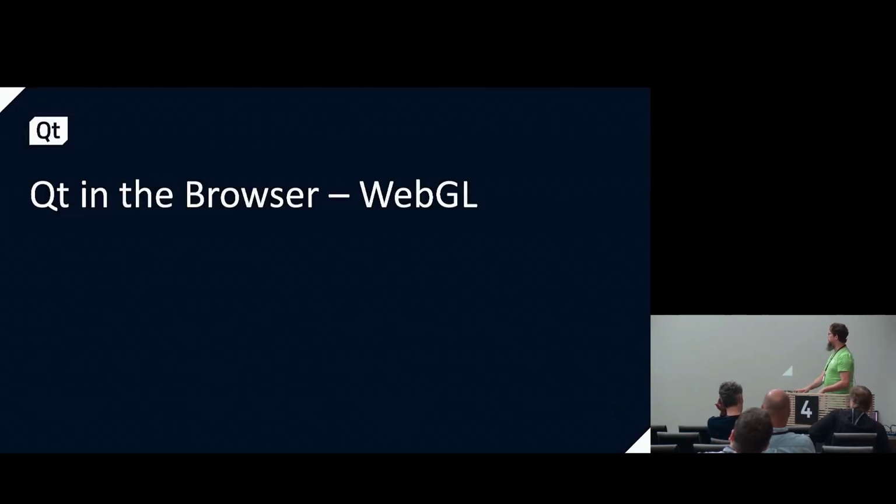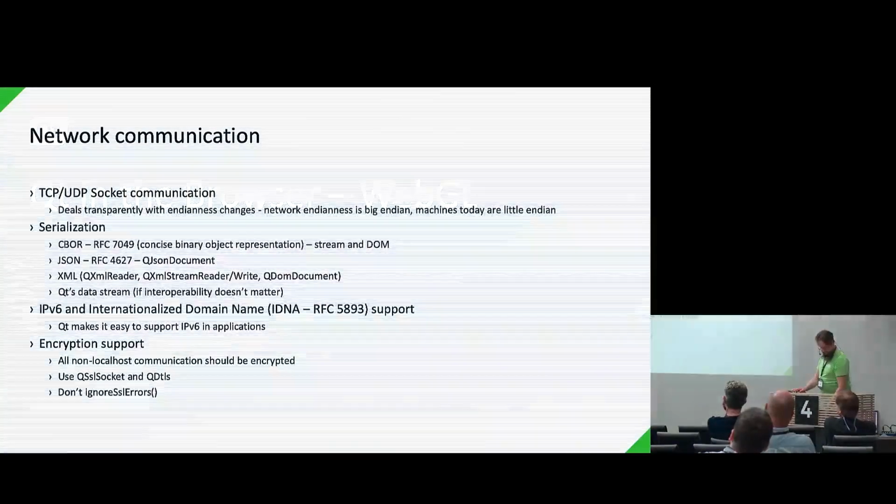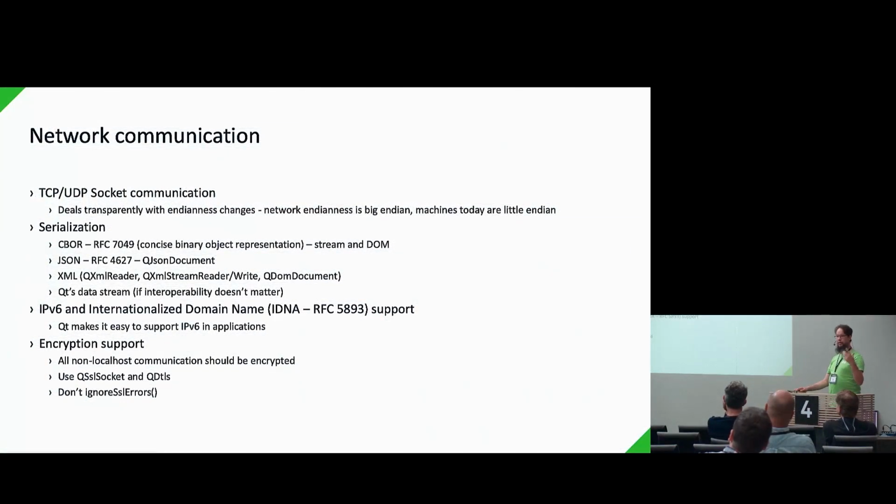So I mentioned WebSockets, but there's of course much more to it. Qt has a fairly rich library for network communication. Of course, your standard TCP, UDP stuff. One of the nice things here is that we handle a lot of the stuff that's behind the scenes transparently for you. Like for instance, I mentioned Endian earlier today. That is something where Qt gives you the tools to have your network communication code not have to worry about